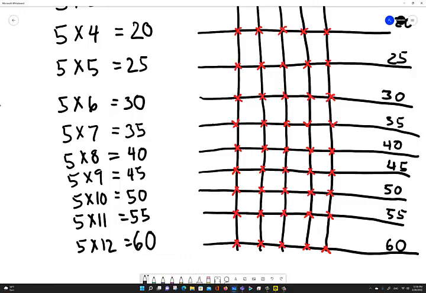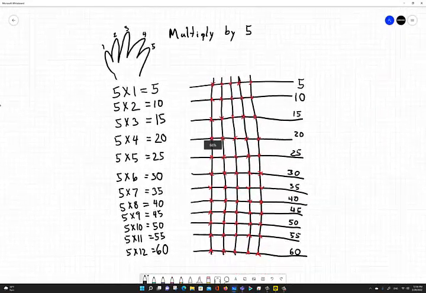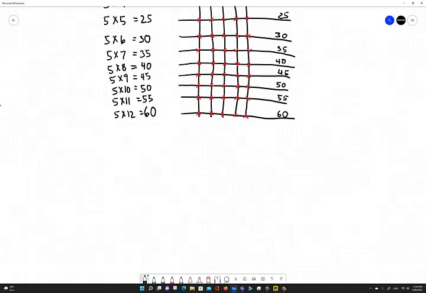So good job here. So you know how to multiply all of these numbers from 1 to 12 by the number 5. And if anybody needs a tutor from me,